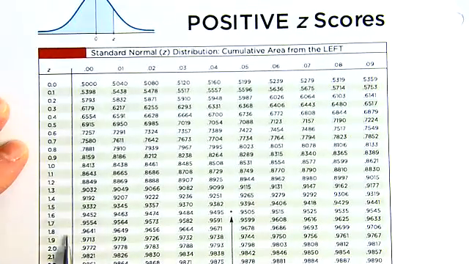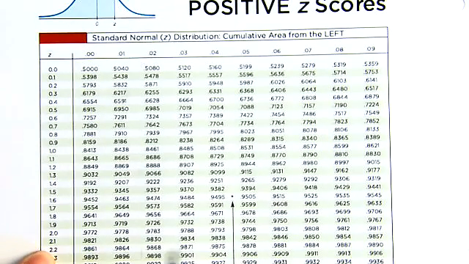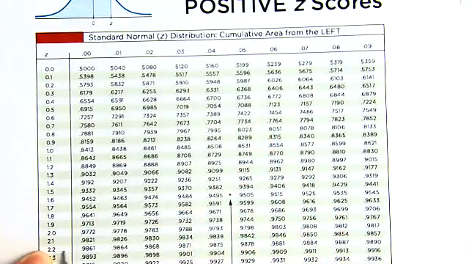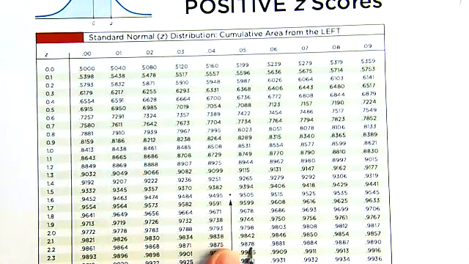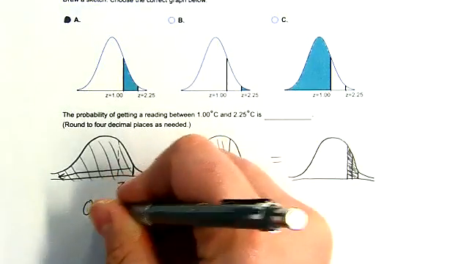So we would go down to 2.2, which is right here, and then intersect that with the 5 up here, 2.25, and we would get 0.9878. 0.9878 is this area,